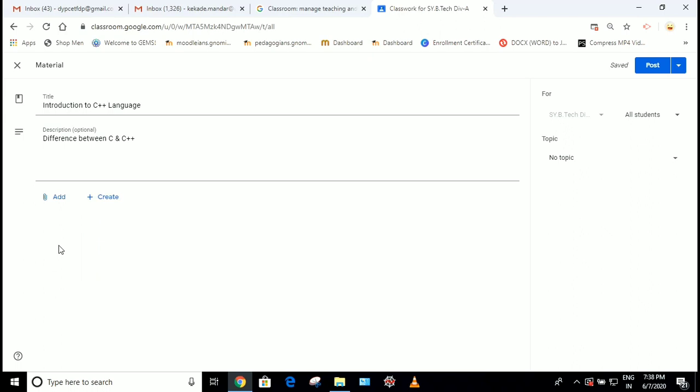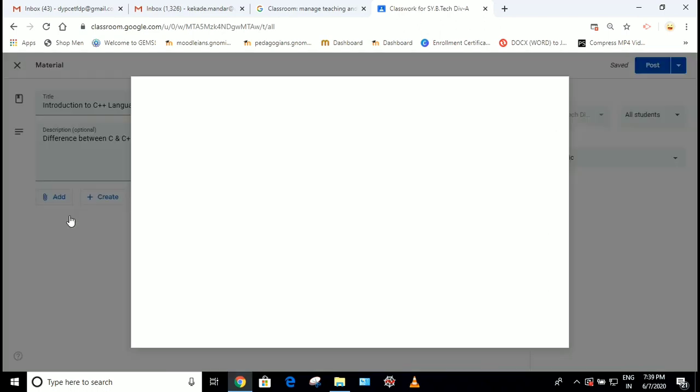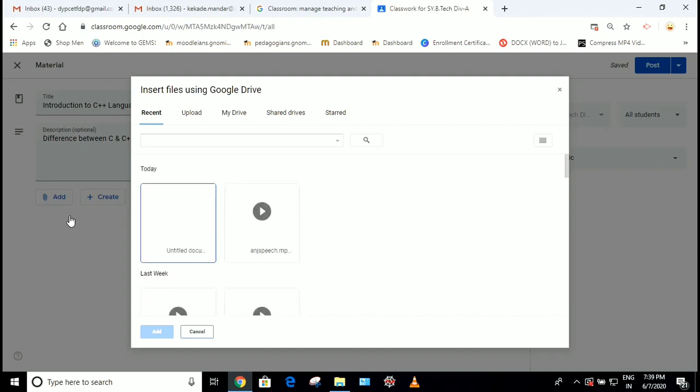Now in this video, we are going to see how to add the contents by using Google Drive, by a link, by uploading a file from the local system, and through the YouTube link. So for adding the content from Google Drive, just click on the Google Drive link. It will automatically redirect you to Google Drive.